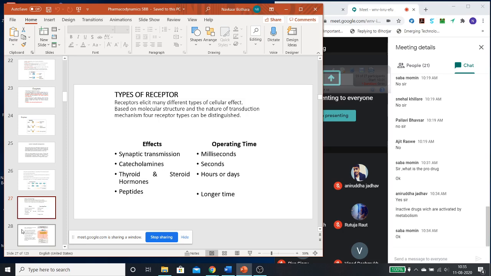So pepsinogen you can consider as a prodrug, and when hydrochloric acid comes into contact and it metabolizes, it becomes pepsin. So that pepsin becomes a drug. Similarly, there are many drugs which are otherwise inactive, and when they get inside the body, the liver enzyme or any other enzyme at any other place metabolizes them, then they are converted into drugs and then they are active. This is called a prodrug. Okay. Now it's clear, SABA.